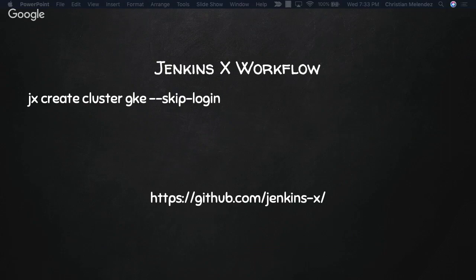It will be just as simple as jx create cluster, and I'm specifying the cloud provider here, and I'm skipping the login because I'm running this in the Cloud Shell, for example. But if you want to know how to create any other cluster in any other environment, you can always go to the official GitHub page.